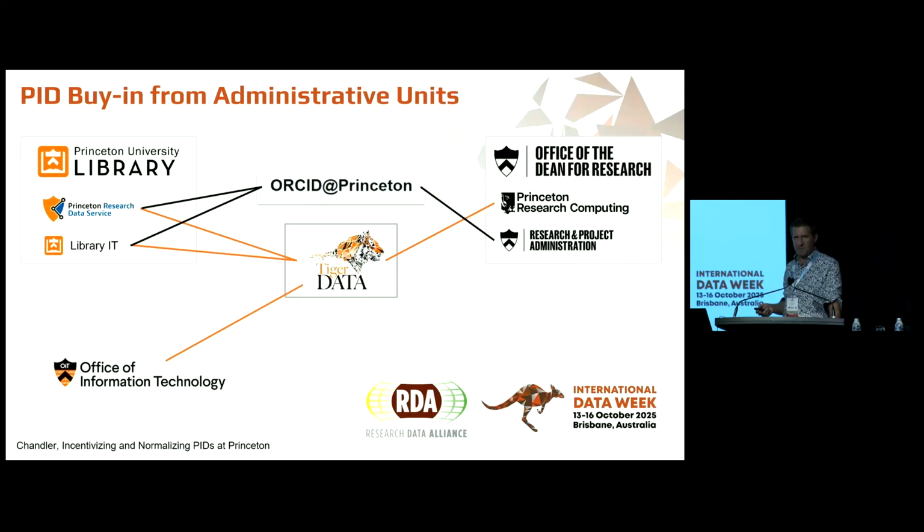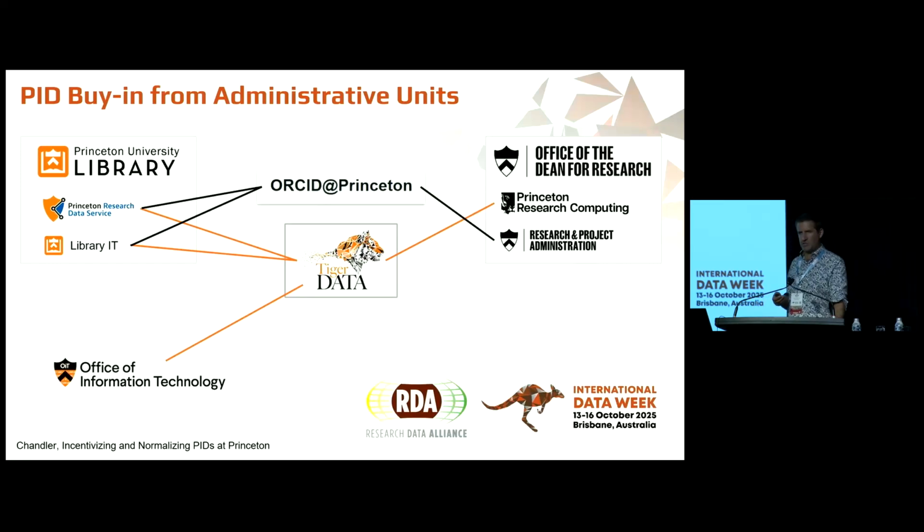One thing to stress is the importance of buy-in from senior people around the university. So many different administrative units are buying into the concept of persistent identifiers. It makes a huge difference. The Dean of Libraries and the Dean for Research have also both shown significant commitment to the idea, the architectures. The Office of Information Technology also has skin in the game. It's a bit piecemeal in these early stages, but it's working for these products so far, and the precedent for coordination on PID usage is strengthening.